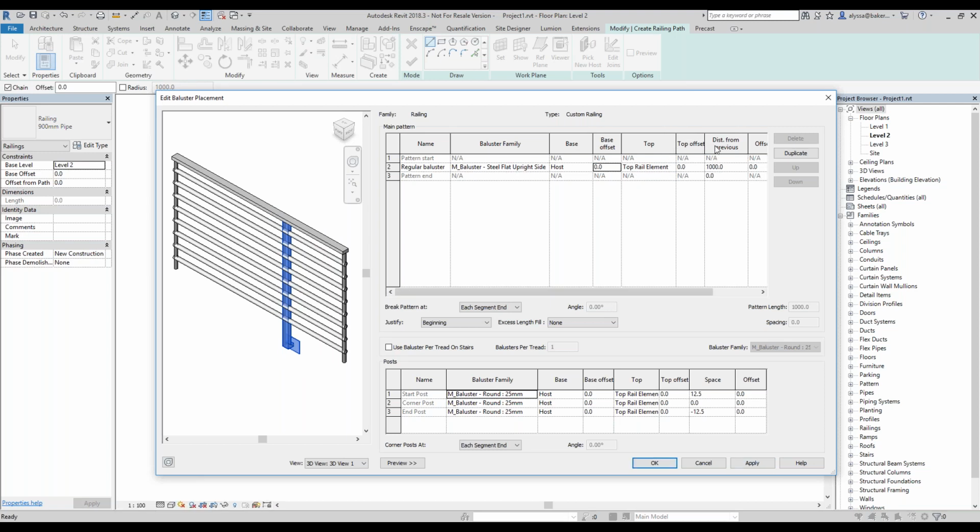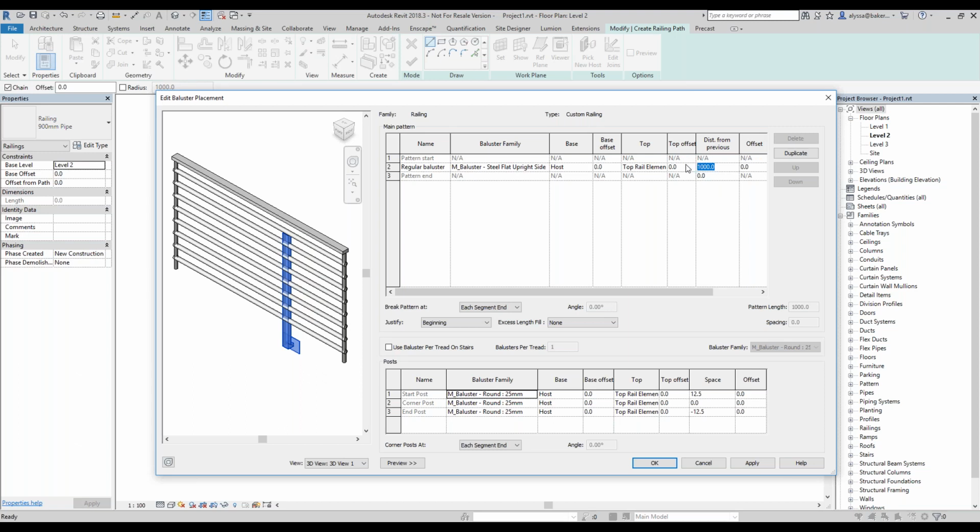The next one on there is basically the same as what we were doing with the base, except at the top, it's talking about the top of the baluster and where it's attached. So if it's not attached to the top rail, essentially you could have a design that is kind of stopping the baluster from going all the way through. And again we have an offset on the side here. All right, the next one there is